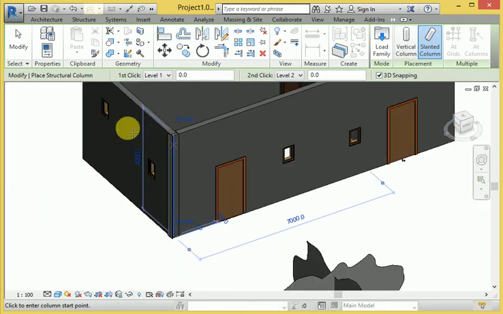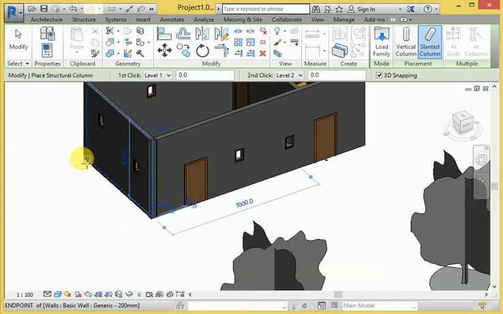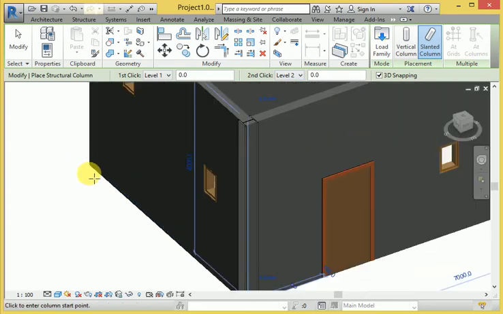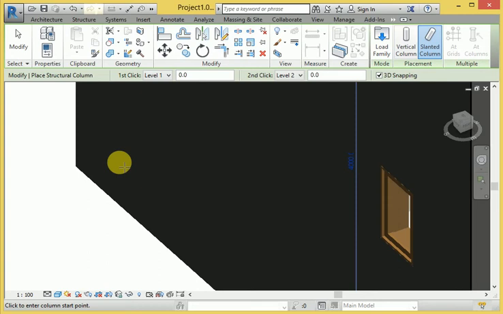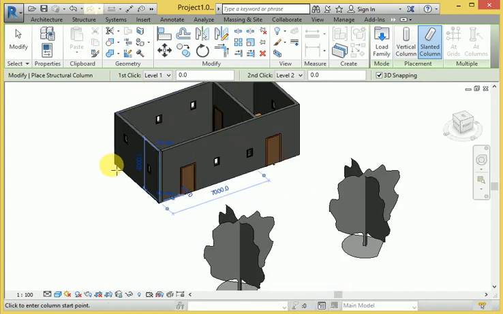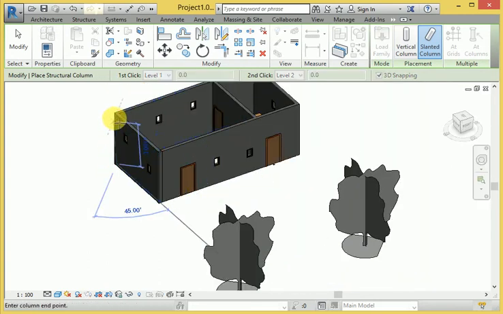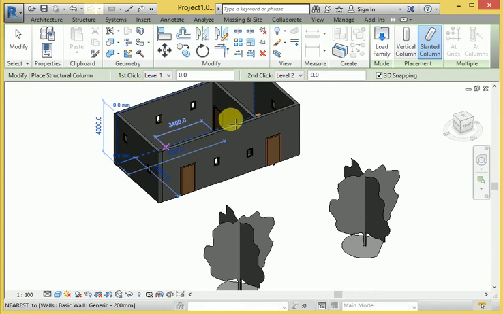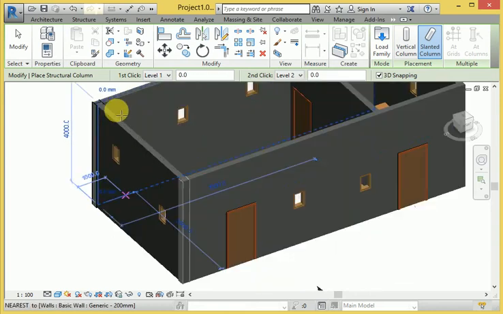Okay, the same thing again, I will use from this point, this particular corner here. Right now I click this point and also click this point, and again show you the second column.